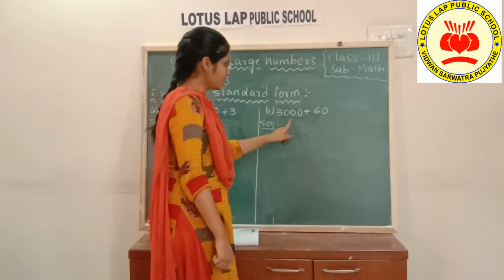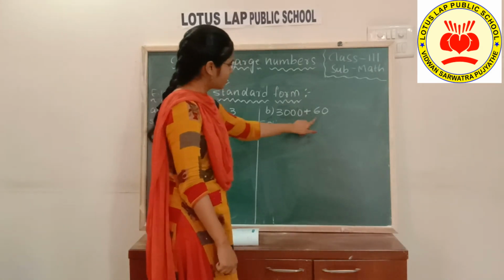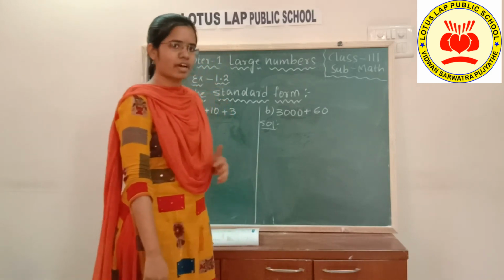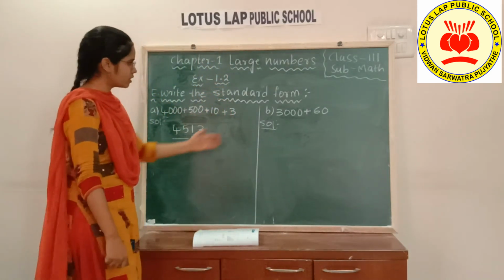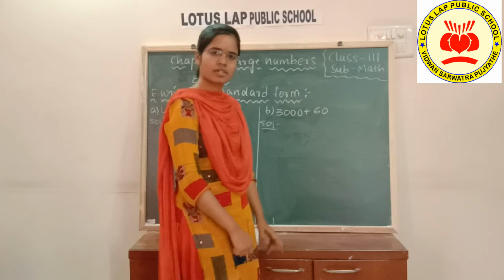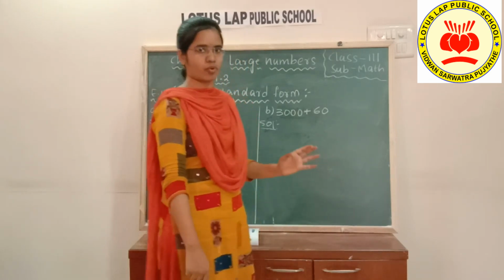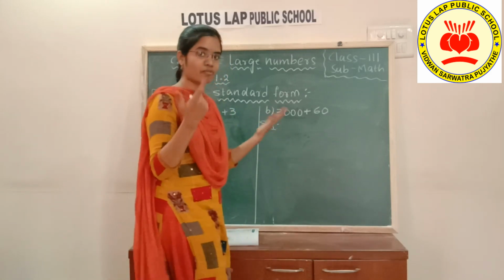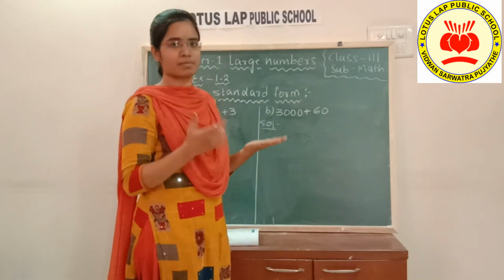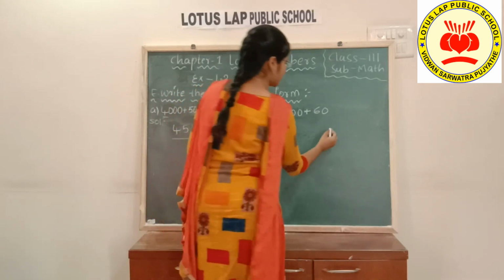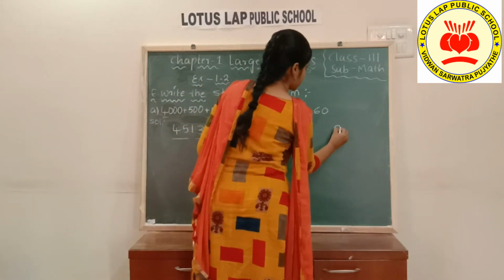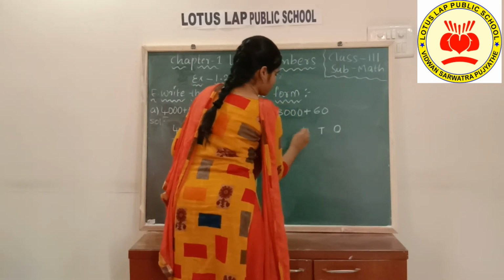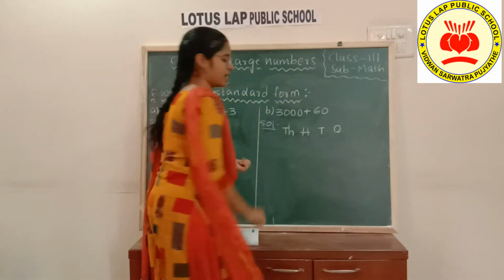In this question, we have only 2 place values. So you may have a doubt: why are we getting 4 place values here, when there are only 2? How are we going to get a 4-digit number? We shall see now. First we write the places, so that we can identify which place value is missing. Places means ones place, tens place, hundreds place and thousands place.